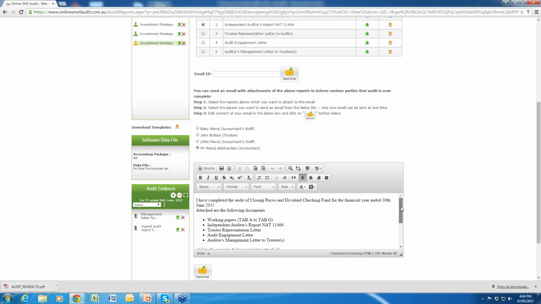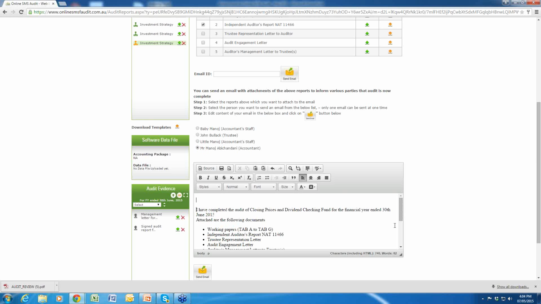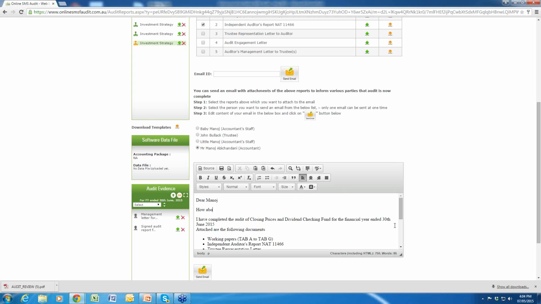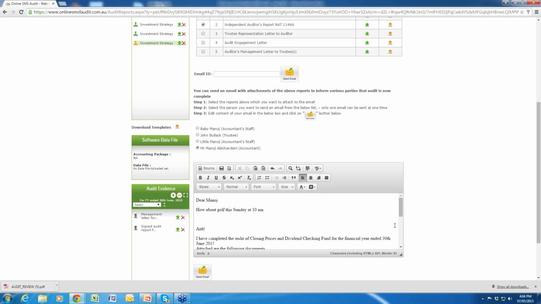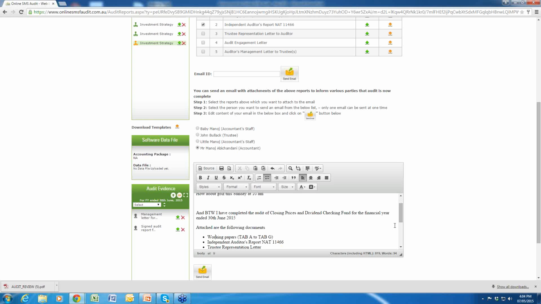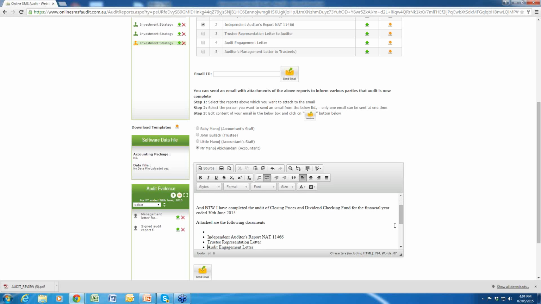The next thing is that I want to write something to the accountant. So I'll say, dear Manoj, how about golf this Sunday at 10 a.m. And by the way, I have completed the audit of the name of the fund for the financial year, and attached is the auditor's report. So I'm going to delete all of the extra things,